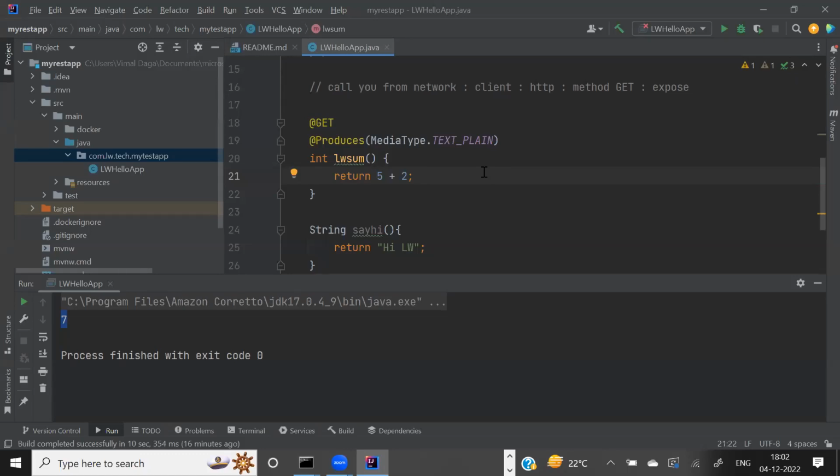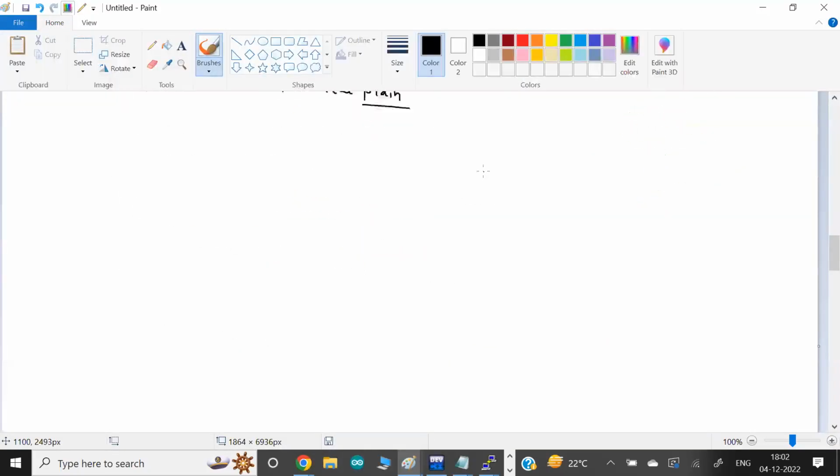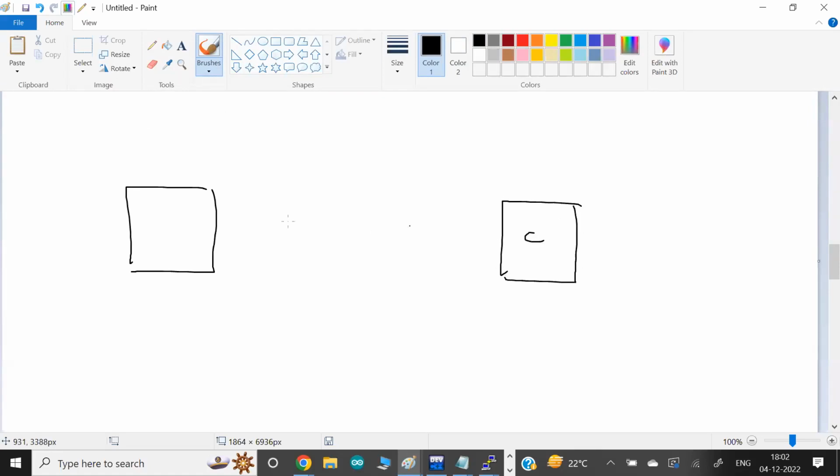Whenever you, guys, go between client and server, okay, this is the server and this is the client. Whenever you reach the server and connect, the minimum requirement is you need the IP address.